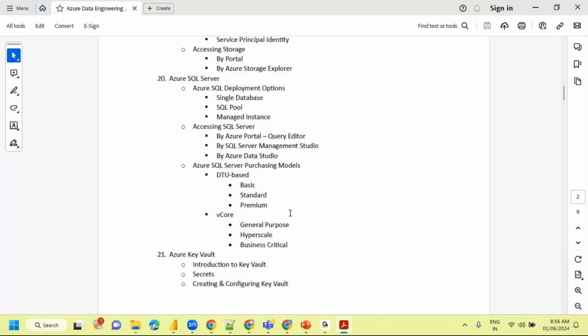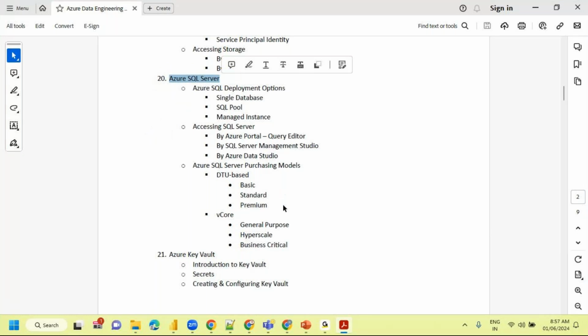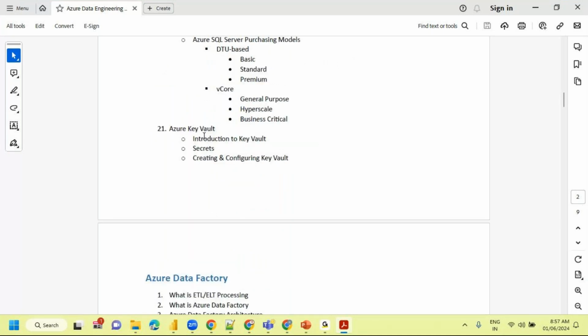Then we're also going to talk about Azure SQL Server and how we can frame that. This is one of the places where I came across how we can reduce the cost, and I'm going to share that experience with you: where exactly we faced it and how we can go budget-friendly in order to reduce the cost. And Azure Key Vault, as I said, is very important as a data engineer. We need to know about it.